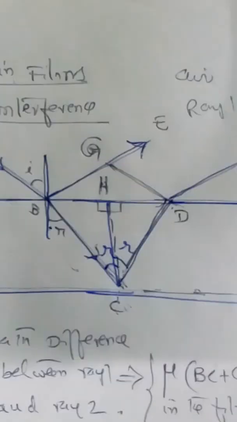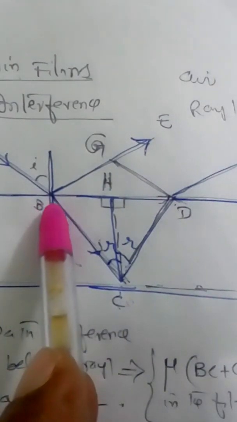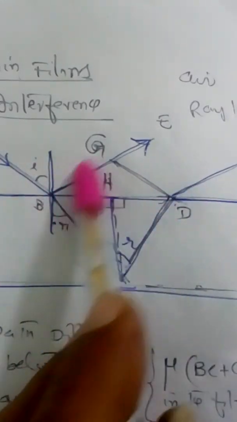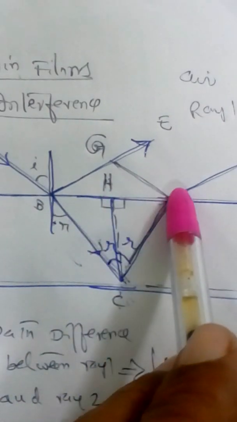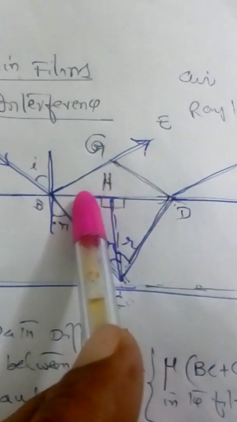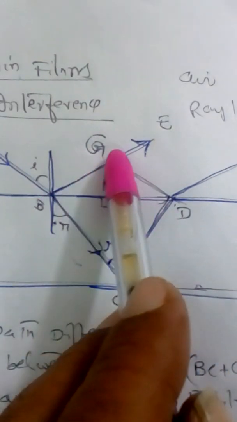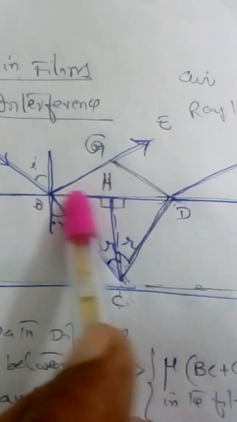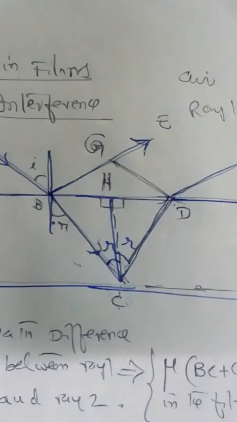Now if you see BG, you have to calculate BD first, because in this triangle BD is BH plus HD. BG is to be calculated, and BG is a part of this triangle. Therefore, this side is also required. This side is BD, and from the diagram BD is BH plus HD. That is what I am trying to represent here.